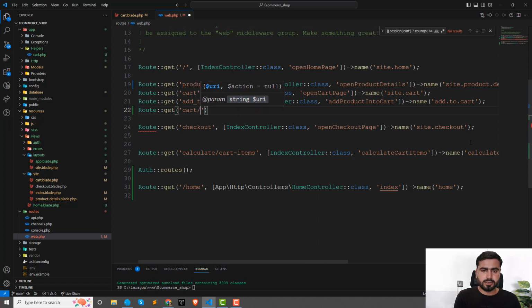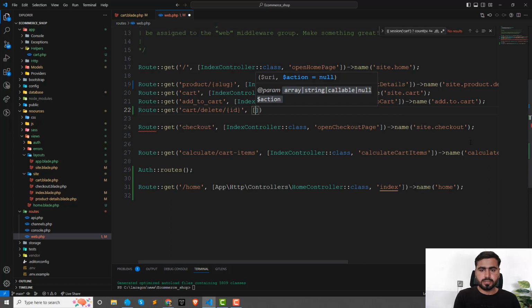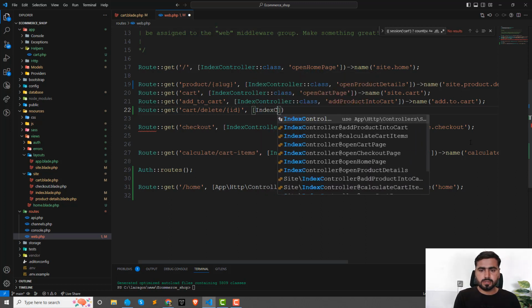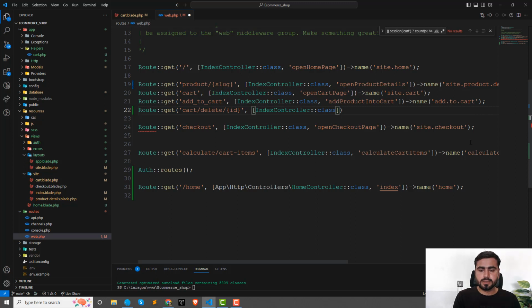cart slash delete, or you can say remove, but delete is fine because in Laravel we are using delete. Okay, delete, and then this will also use the index controller class. So the method would be delete items from cart. Okay, and then delete dot cart,